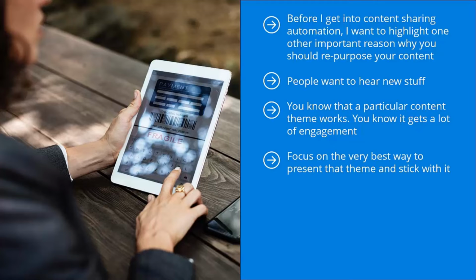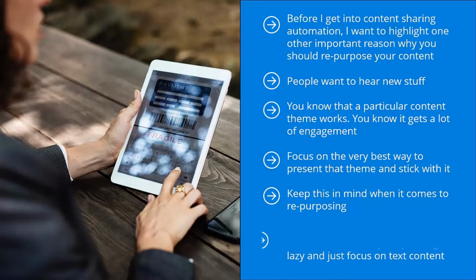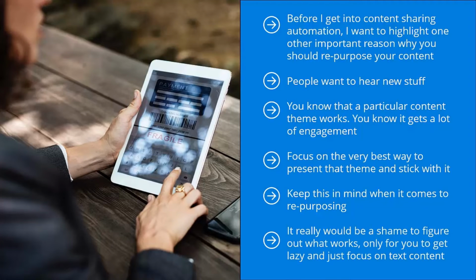This way, when people get into contact with your content, they can see that you are talking about something that appeals to them, but in different formats. They are more likely to pay attention. They're more likely to click through. They're more likely to share. Keep this in mind when it comes to repurposing. Don't think that Video 11 is completely optional. It isn't. You want your social media feeds to consist of highly successful content as much as possible. It really would be a shame to figure out what works, only for you to get lazy and just focus on text content. I'm sorry to say it, but text content can only take you so far,